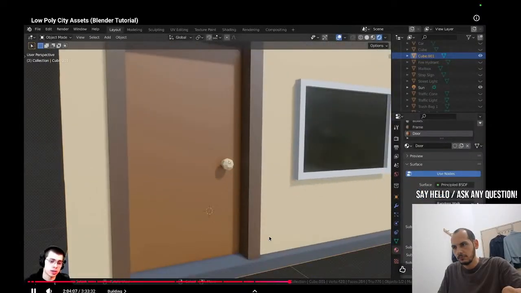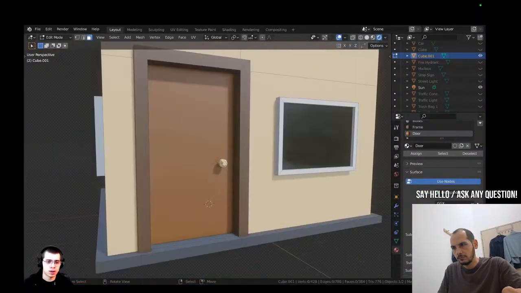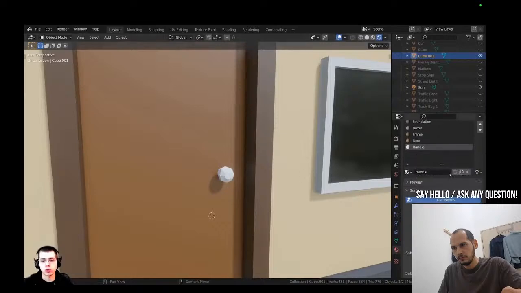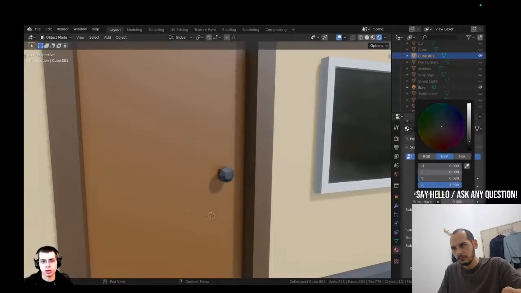So I just want to do the door handle now. So I'll Tab into edit mode. I'll press A to deselect everything, and then I'm going to press L to select the linked vertices. And I can just name this handle or door handle, whatever you want to call it. And then make sure you click on the assign button to assign the handle to the actual door handle. And then on the base color, I'm just going to make this a dark color, and then I'll also turn the